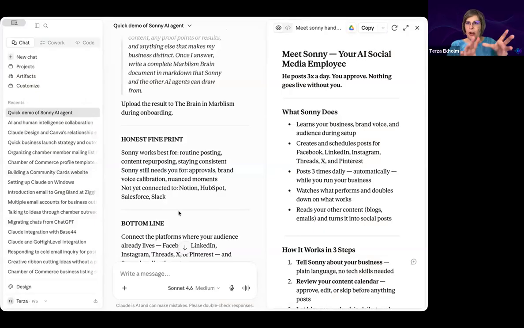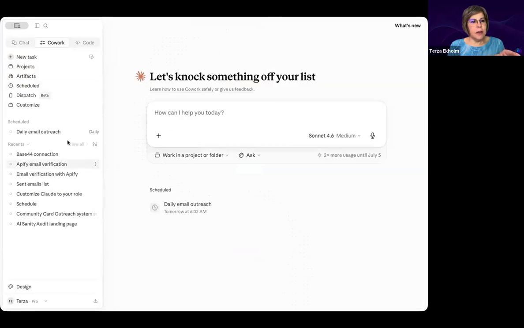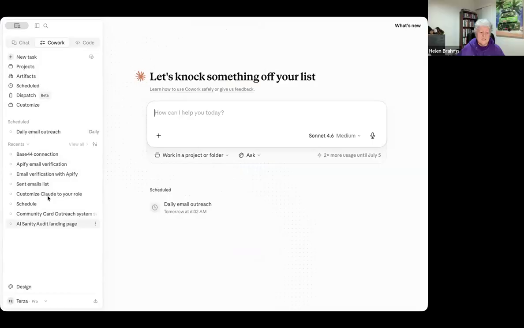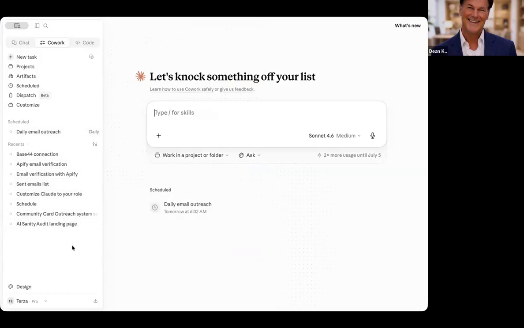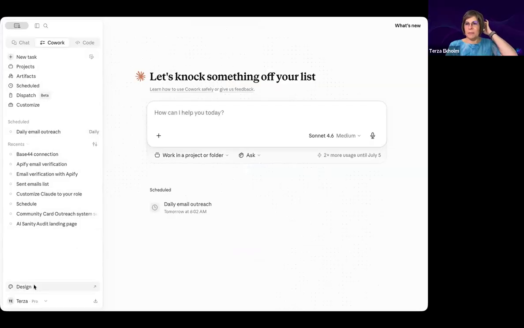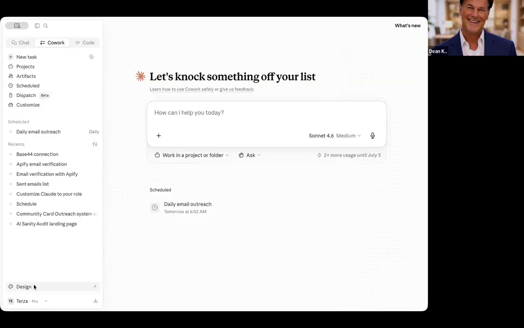So this is my Claude app that's on my computer. And you'll see up here at the top, Dean, it's got chat, cowork, and code. I've got some stuff running. And down the bottom of that menu it says design. Oh, there you go. Yeah, that's exactly right. So yes. Beautiful. Thank you, Helen.